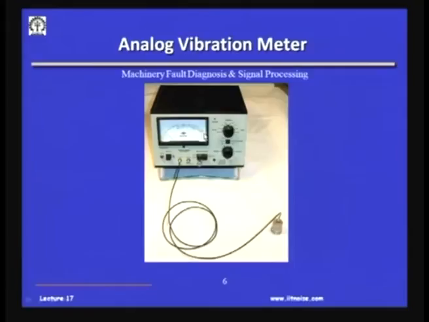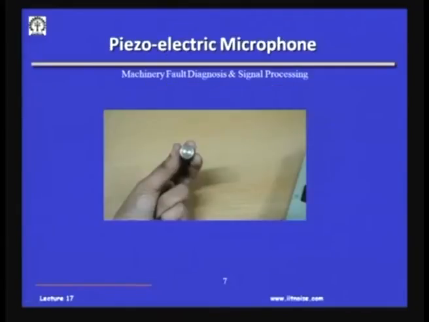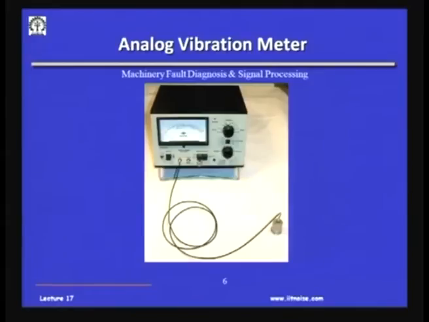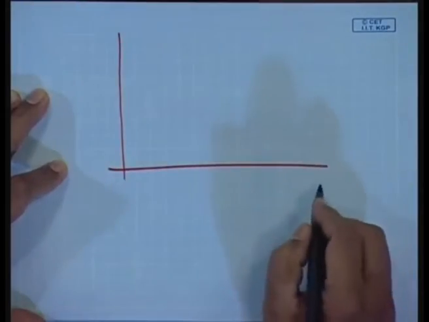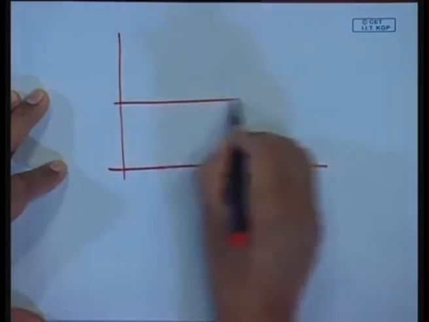Okay. Now, before I conclude my discussions on the vibration measuring transducer, which is an accelerometer, we will discuss the details of how the vibration accelerometers have to be mounted on structures and so on later on. But it suffices to say right now this: vibration accelerometers have very good frequency response.